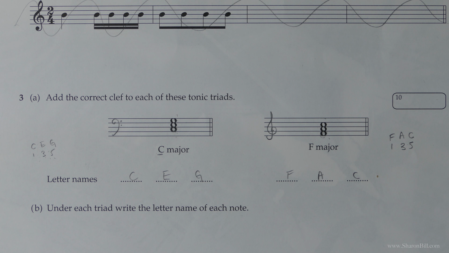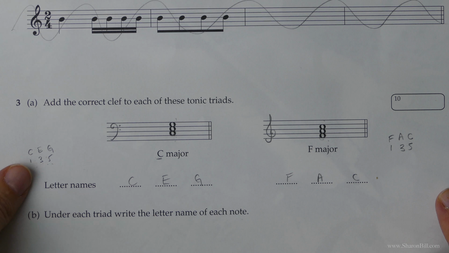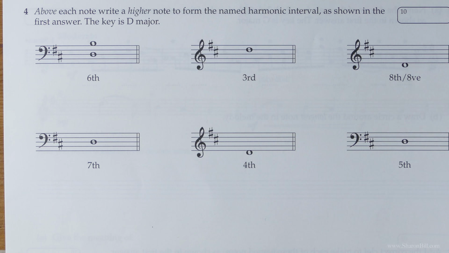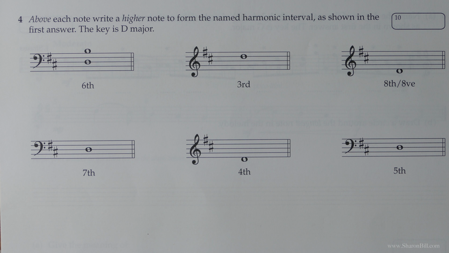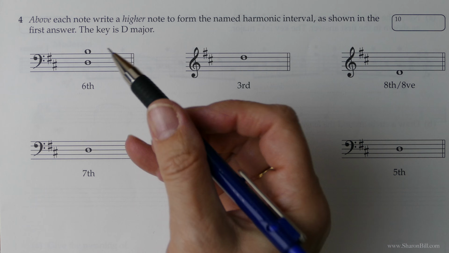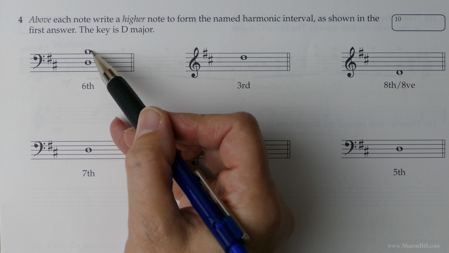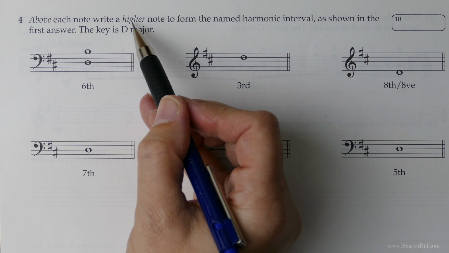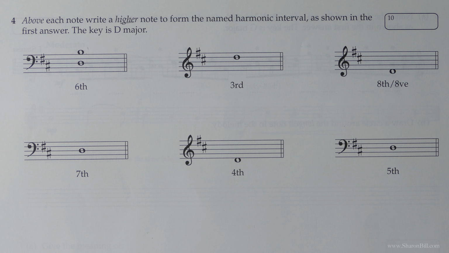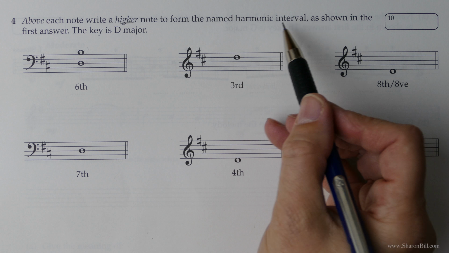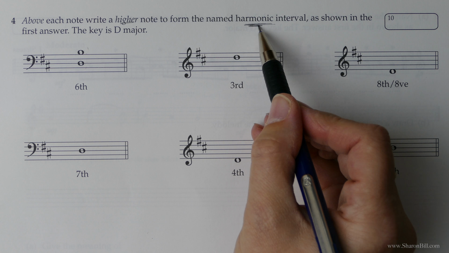F-A-C. There we go. So now we'll move on to the next question. So we're looking at intervals a little bit more here, and let's have a look at this one. We're asked to write above each note given. So above each note, write a higher note. So we're counting upwards. We always count upwards from the bottom note to form the named harmonic interval, as shown